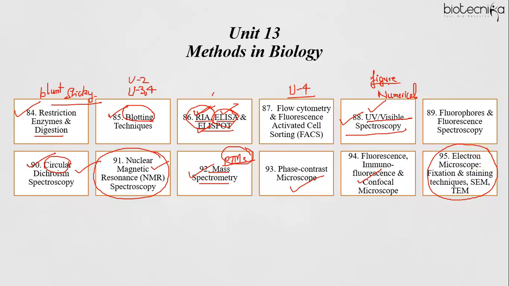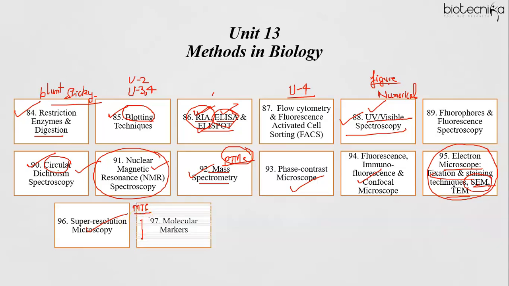trend, then a question on advanced microscopy technique is asked, that is on super resolution microscopy. So either a Part C question can be on sample preparation for the electron microscope, or it can be on transmission or scanning electron microscope. So a question on fixation and staining technique for electron microscope is asked for SEM and TEM, or a question on super resolution microscopy. So either statement based or match the following type questions are asked, where different super resolution microscopy techniques are given in one column and their description in another column, and you have to choose the correct combination.